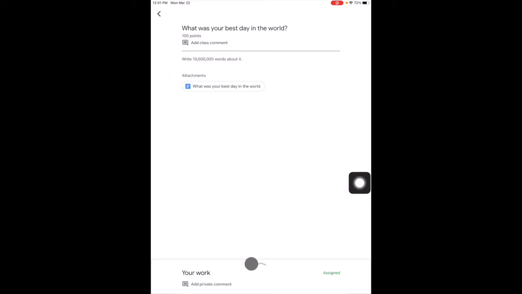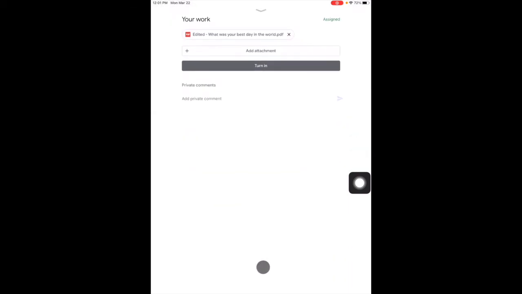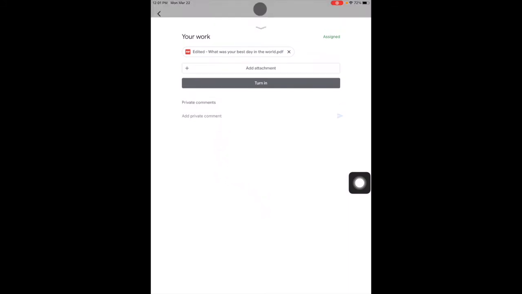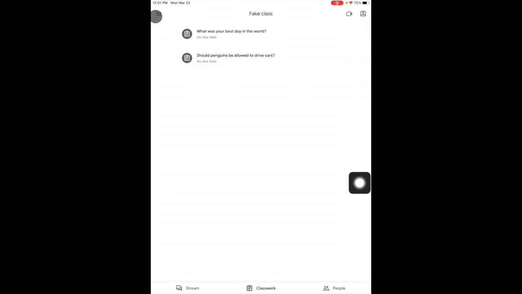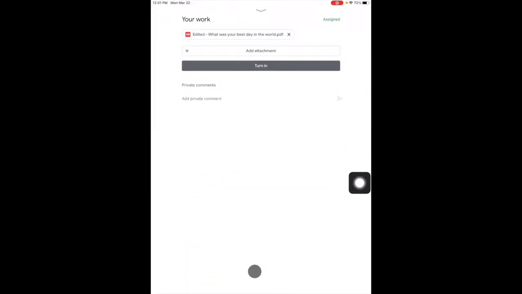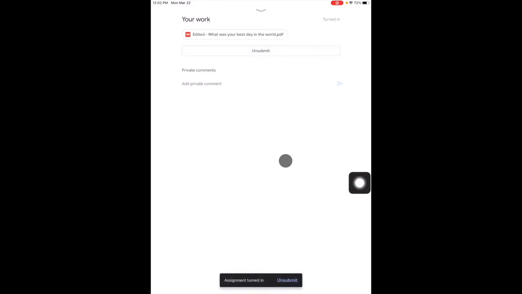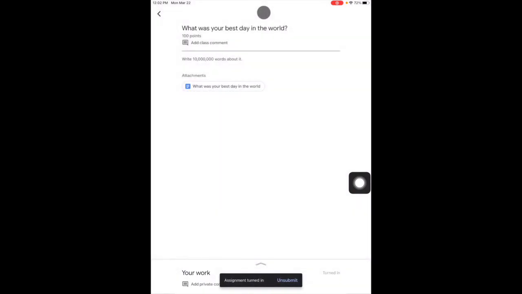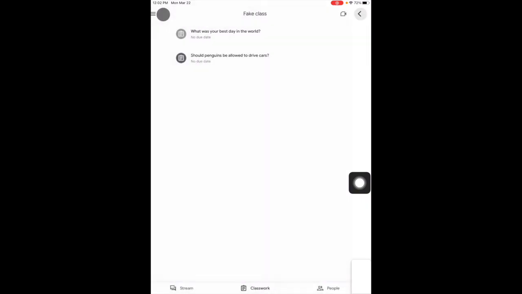Now we can go to the bottom. It's attached there. We can go to the bottom and we can turn it in. Turn in your work. And now we wrote on our work and we turned it in to our teacher on the iPad. Oh yeah!